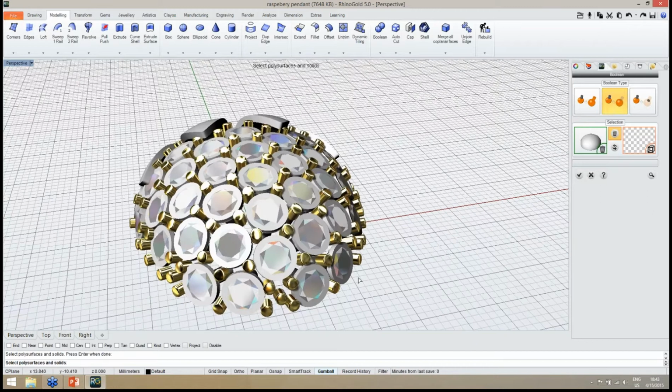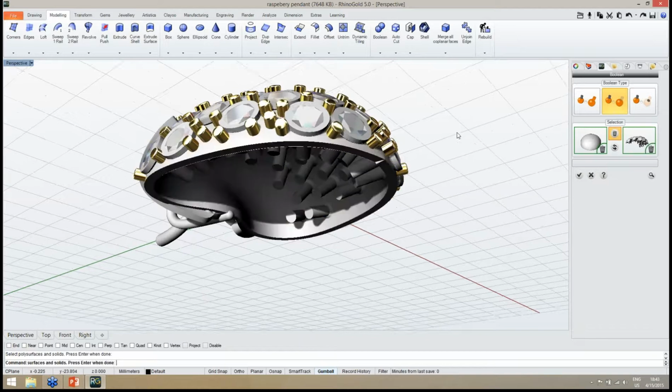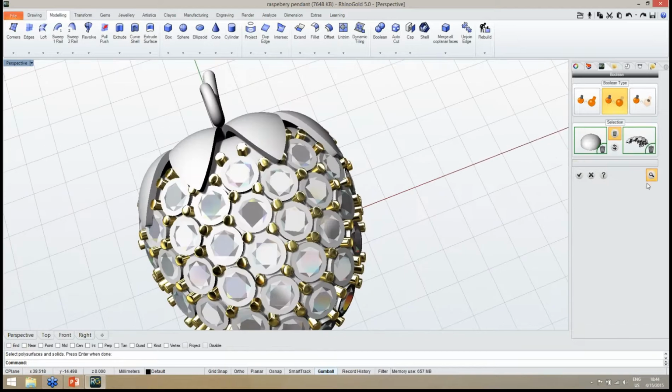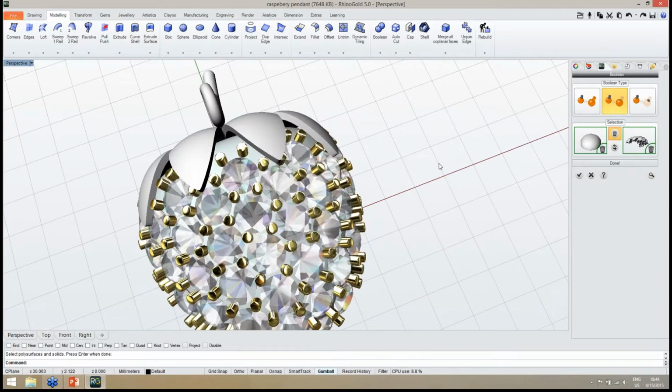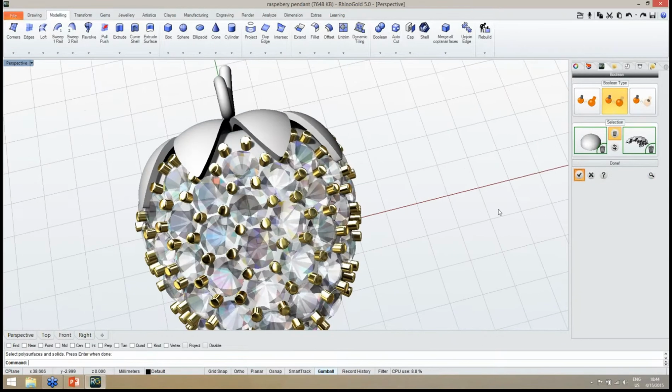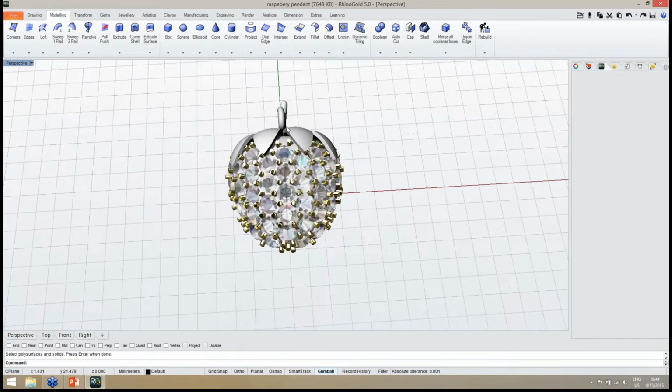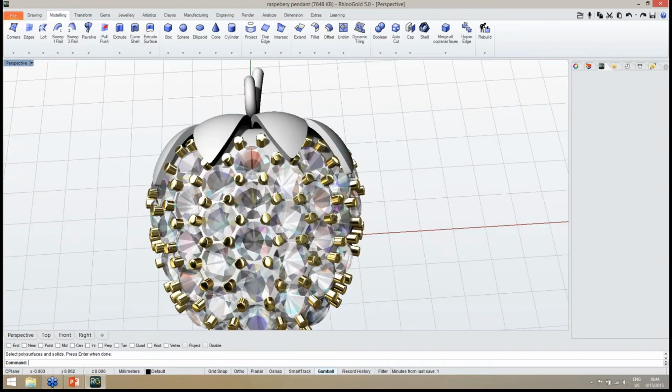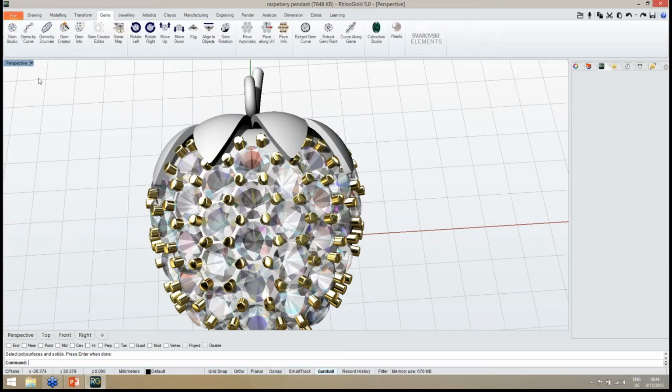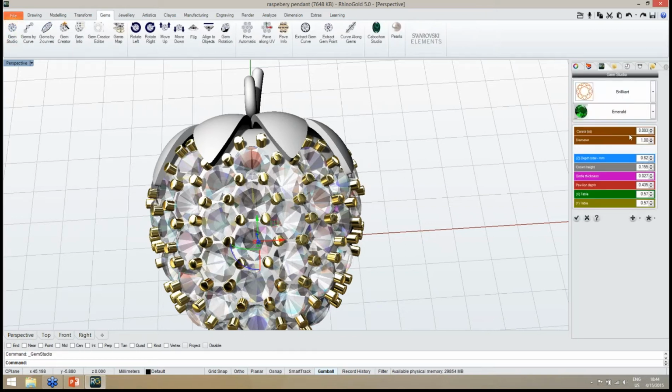In this case, I select the cutters. So the idea is remove the cutters from the solid. So now I want to replace these gems for a Kibosh gem cut. What I need to do is first, under the gems tab, I'm going to define a standard gem, a gem to use as reference. So for instance, 2mm gem, and I can